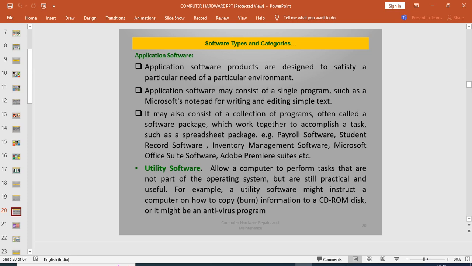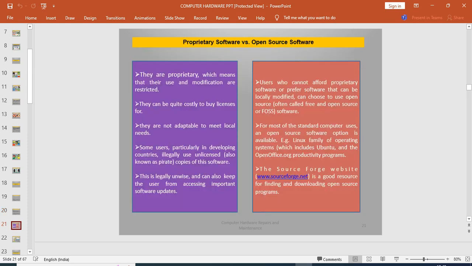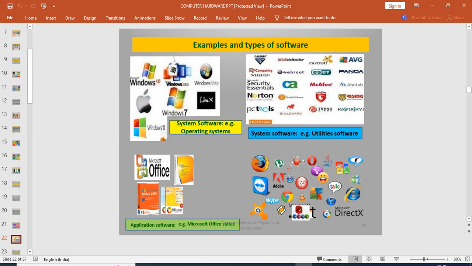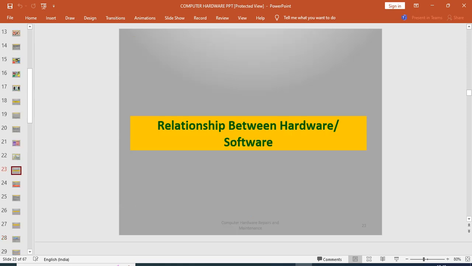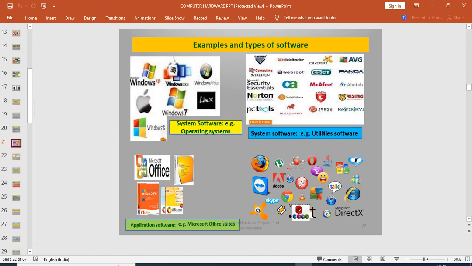Even the antivirus software that we typically use to protect our computer from viruses, threats and malware, these are also application software. So there is a clear difference between system software and application software. And we will be discussing these things in a more elaborate fashion during our session. So I think till now, whatever I have discussed, if anybody has any question,